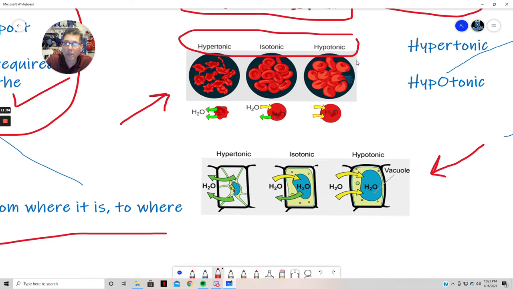Hypertonic is when there's more solute outside of the cell than there is inside the cell. And so the water, because it's trying to dilute down concentrations, moves outside of the cell. Okay, outside of the cell. Okay, and you can see that that is a bad situation. The opposite, hypotonic, now there's more solute concentrations inside the cell than there is outside the cell, and the water tries to move in, or doesn't try to move in, the water moves in